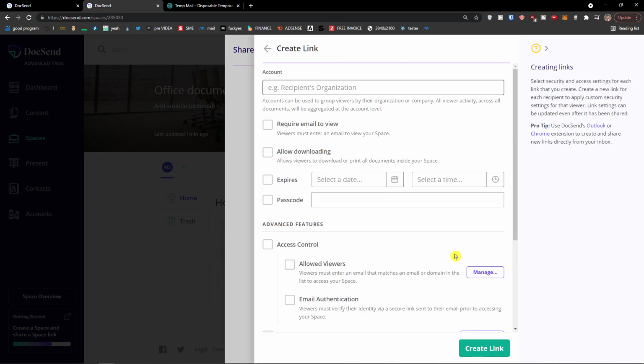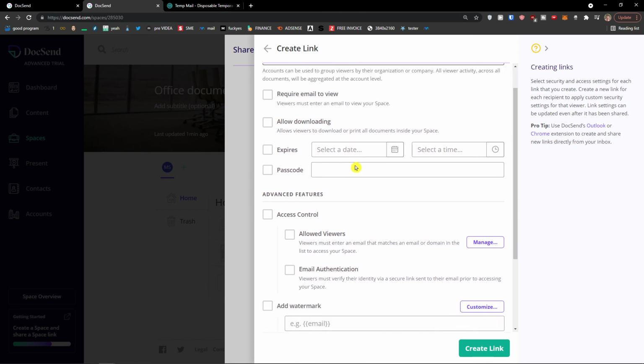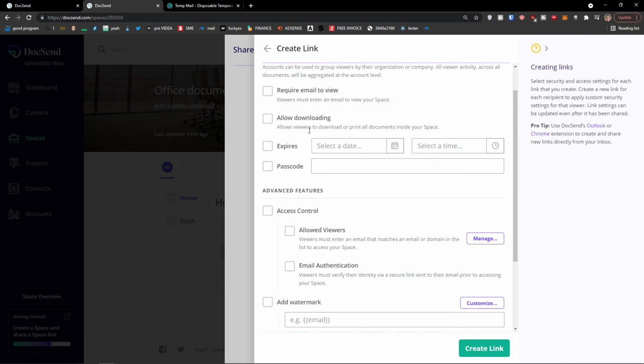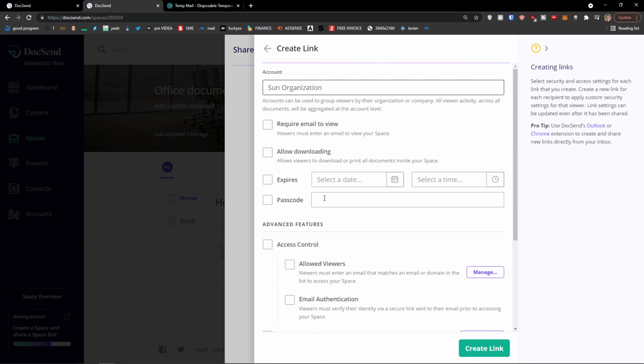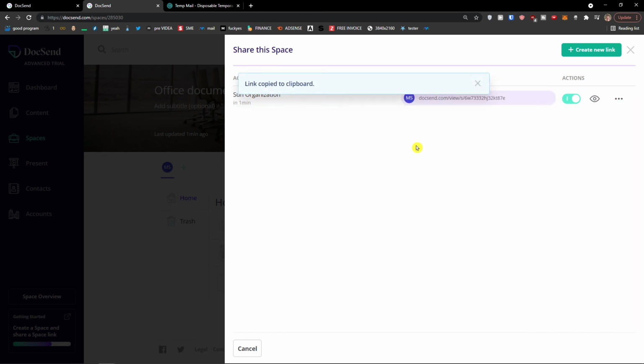Create a shareable link. And this is the same style, account, Sun organization that we have. And you would choose everything here. Require email to view, access control, allowed viewers, allow downloading. You can have it, create a link, and voila. Now when I'm going to open the link,